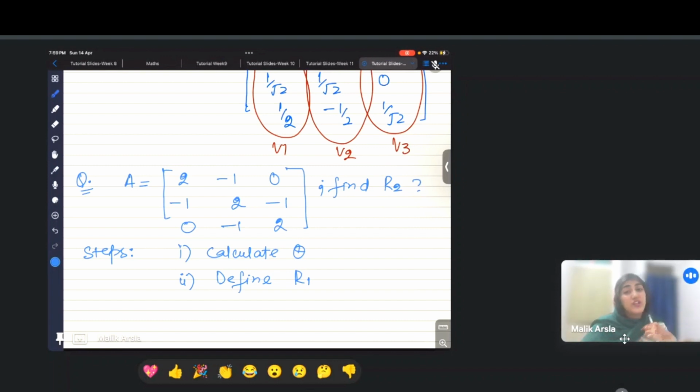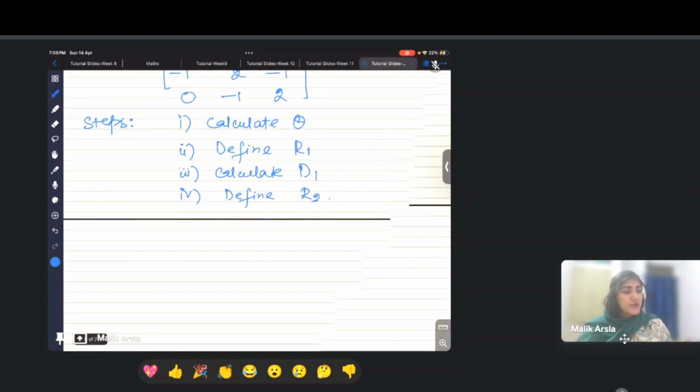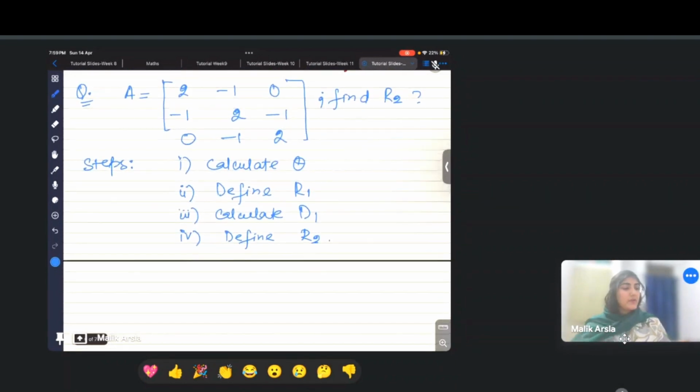You have to check the sign. It will be minus infinity, not infinity, because we are taking the sign. So it will be minus pi by 4. These four steps you have to follow here and tell me what you are getting. Then we'll quickly go through the solution.